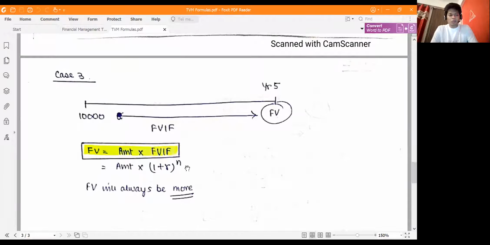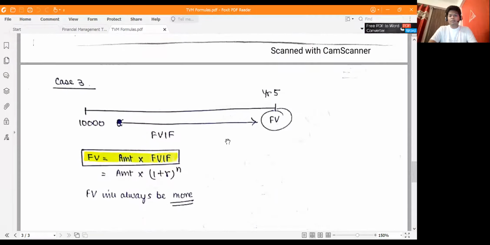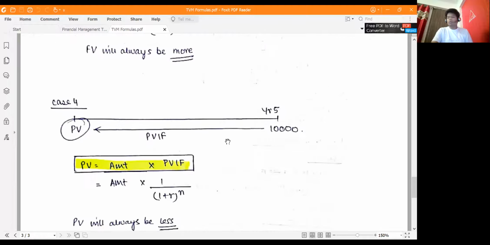For a quarter, what you do is divide it by the number of quarters, 4. So if it's 12%, you convert that into a per quarter rate. Then instead of 1.12, you would do 1.03 to the power number of quarters. So that is clear, I think. The future value will always be more because it's compounding. Whatever is the value today, the future value of that will always be more because you're adding the interest.